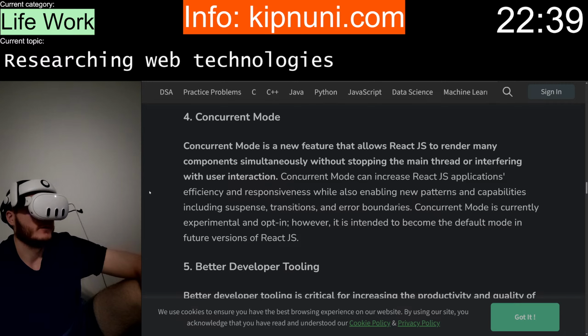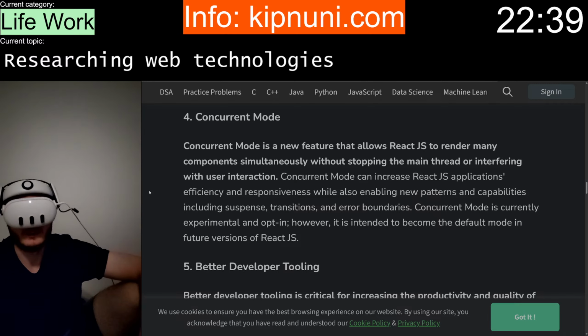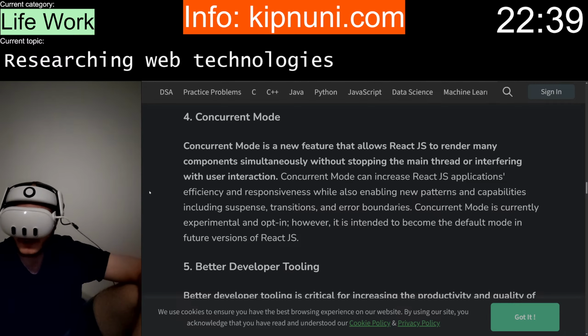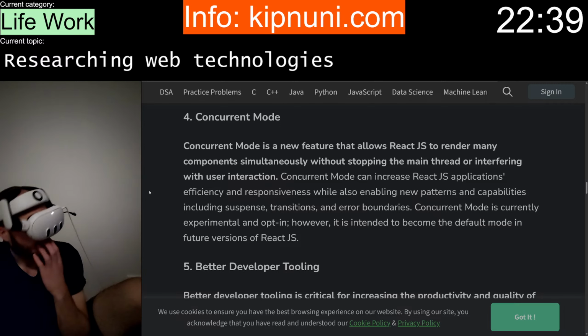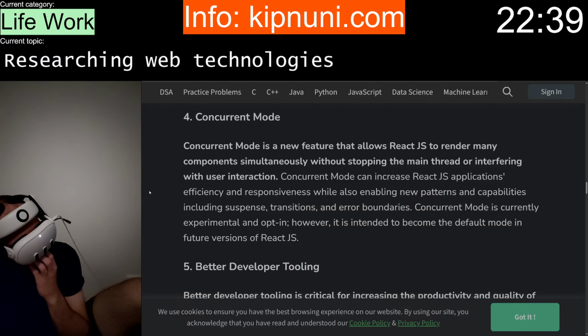So if the project continues without me, they could migrate the project to use Next.js, for example. In this time frame, or yeah. Yeah, I should start with React.